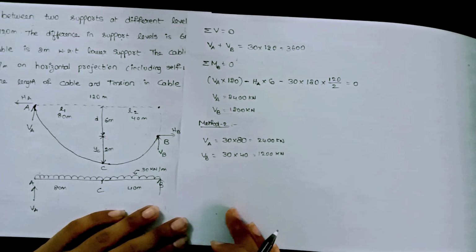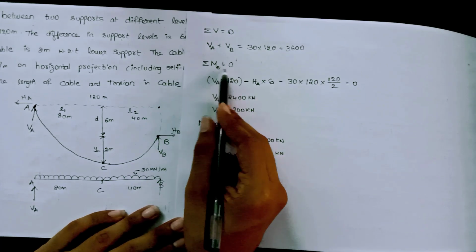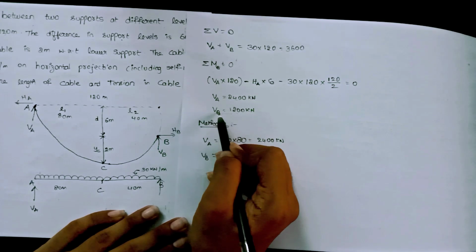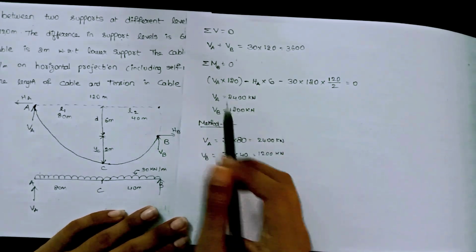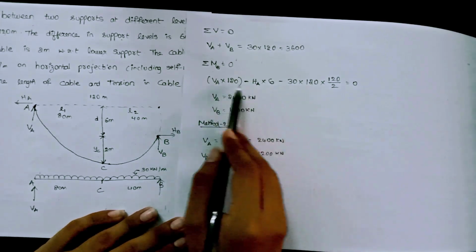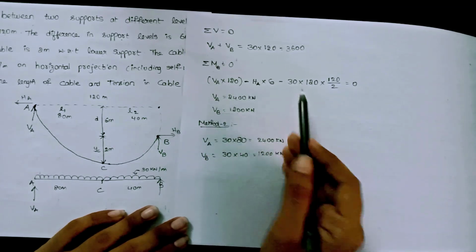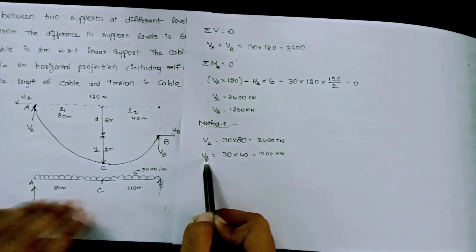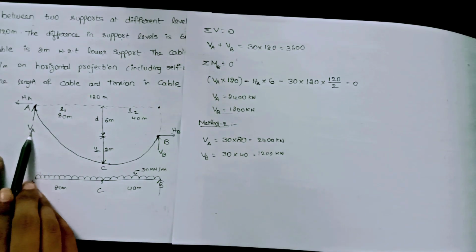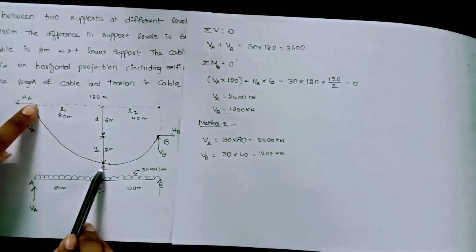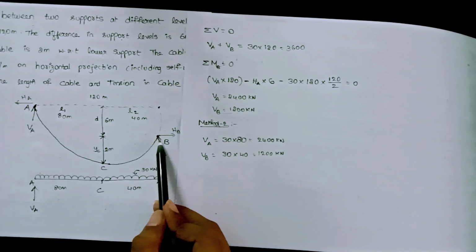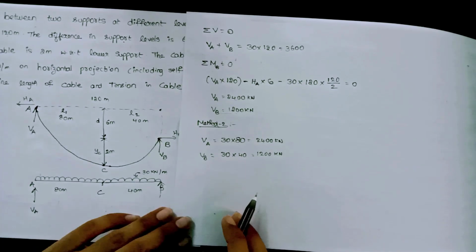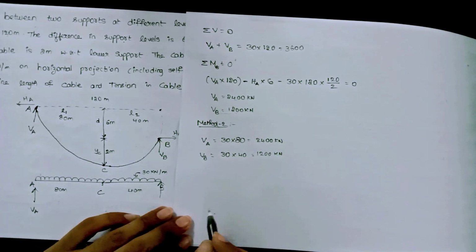Once again I am explaining, this is the actual method we should follow while calculating vertical reactions at A and B. But if you feel difficult in taking the moments and doing the algebraic sum, there is also another way of calculating vertical reactions at A and B. If you want vertical reaction at A, consider the total load between A and C. If you want vertical reaction at B, consider total load between B and C. So we have calculated the horizontal reactions and vertical reactions.